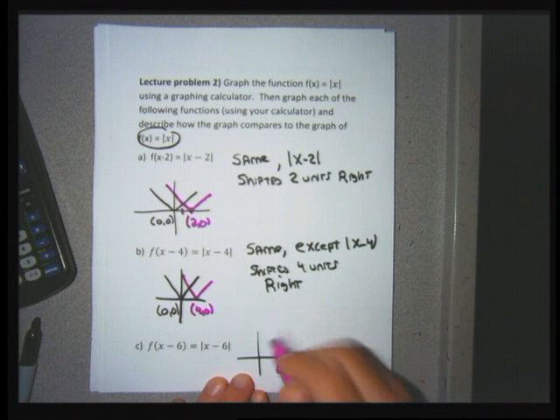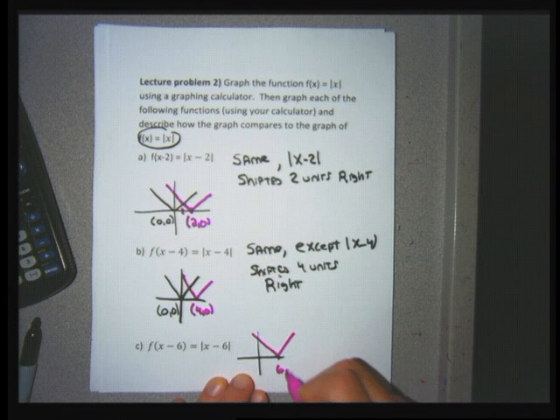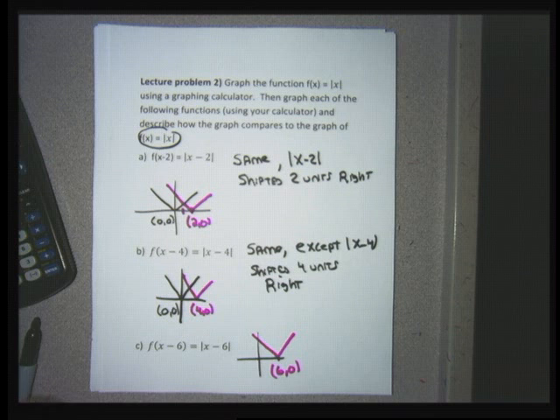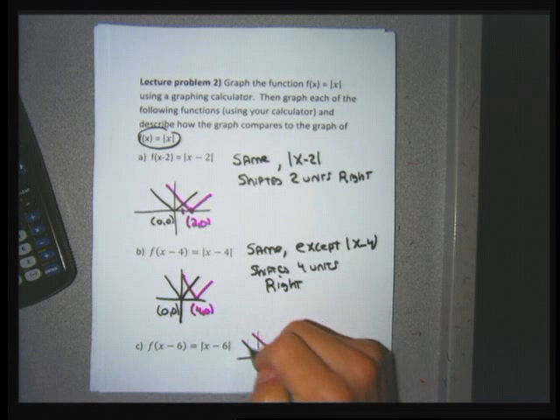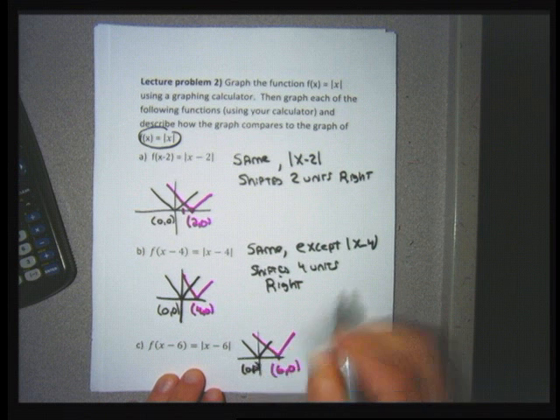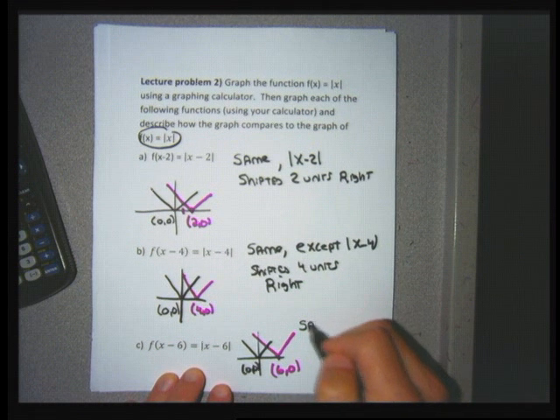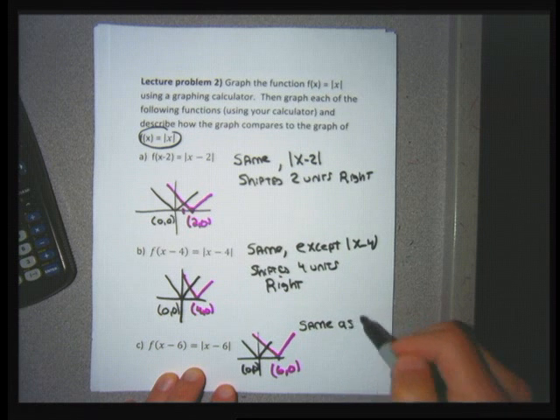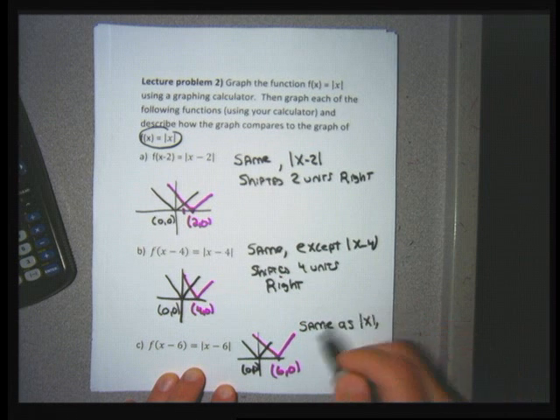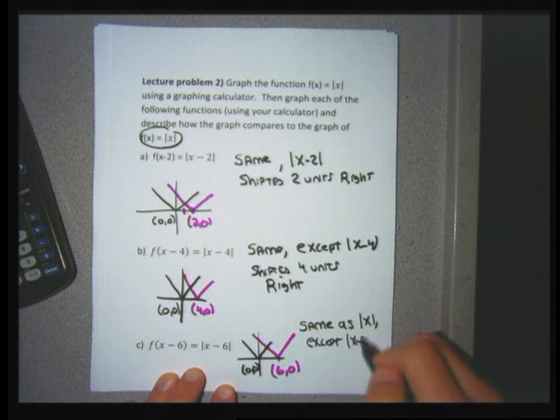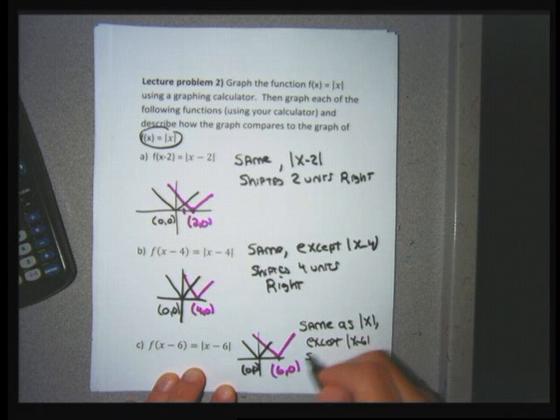This is what I'm going to predict: my new graph is also going to be a v, but instead of having its point at 0, 0, it's going to have the point of the v at 6, 0, and this graph is going to be the same shape as the absolute value of x, except the absolute value of x minus 6 is shifted